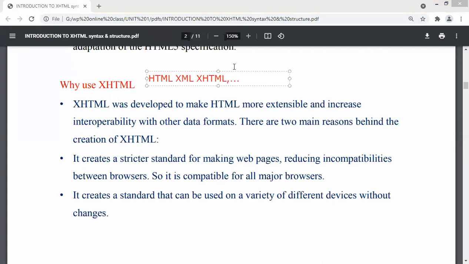There is a need because, as I told you, HTML has a very loose structured syntax. Whatever you display in the browser, it will display it as an output, right? It will not take care about whether the tags are closed or not, whether double quotes are added or not, whether all the contents included in the body are valid or not. It will not take care of that.